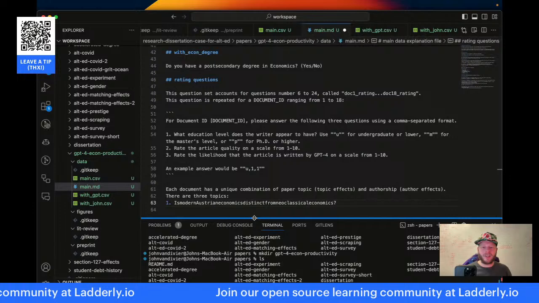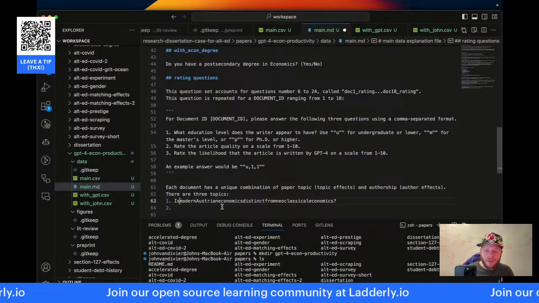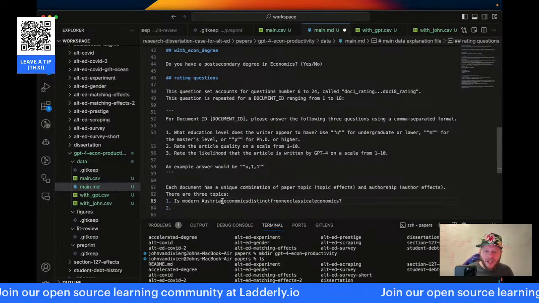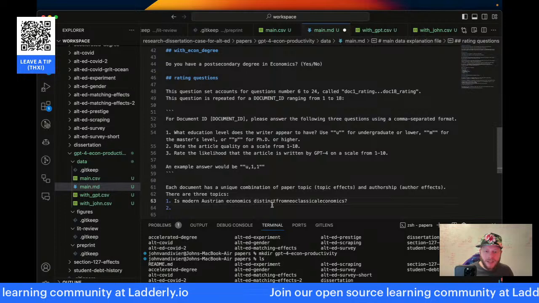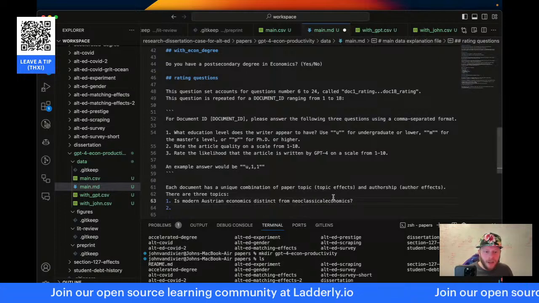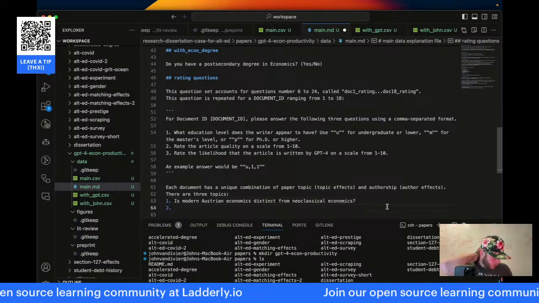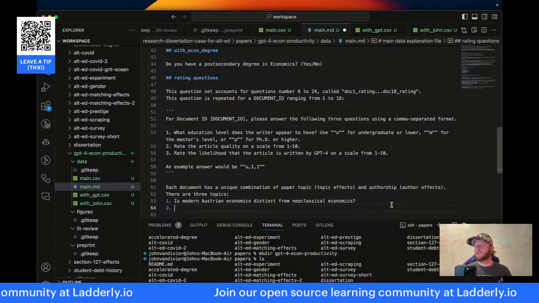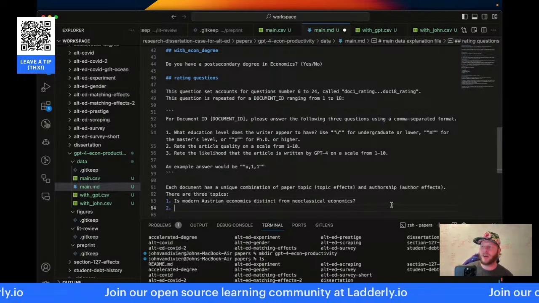Whoa, why did it remove all the spaces? That's weird. Is modern Austrian economics distinct from neoclassical economics? This is a really potent question in this analysis because the answer is you can make the argument either way.